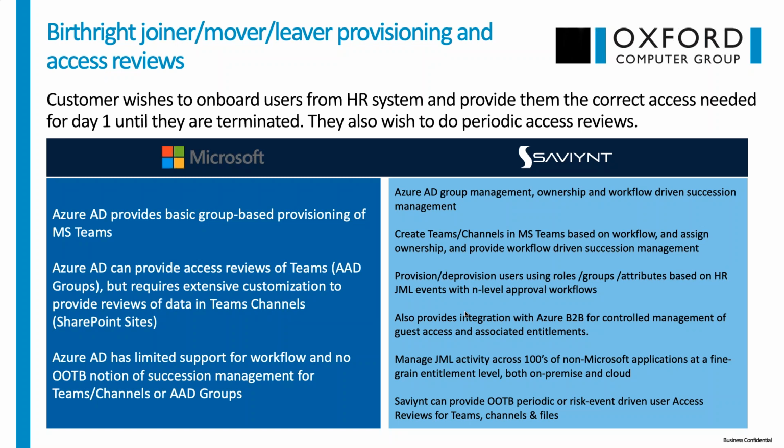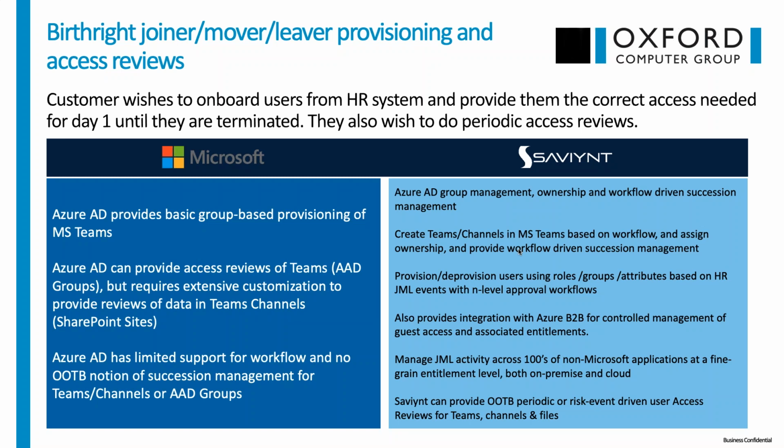So when we talk about what Saviynt brings to offer, we do Azure AD Group Management as well, but we also have ownership and workflow-driven succession management. So Frank talked a little earlier about how we could assign a group or a group email to notify when a Teams group gets orphaned within the organization. It's very important that we do know the notification, but Saviynt can actually orchestrate the entire workflow so that succession management happens organically. Not only is there a notification, but a workflow kicks off to actually handle the transfer to the appropriate user, so that when it comes time to do access review certifications, we don't have an issue where certain groups and teams aren't being